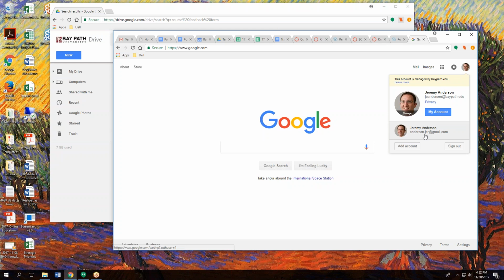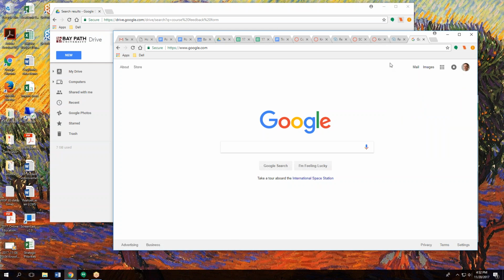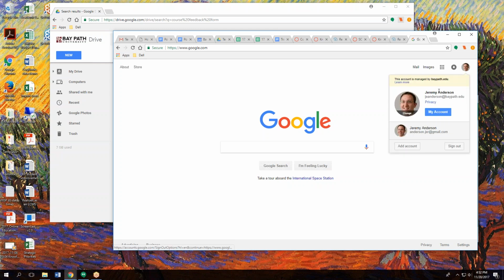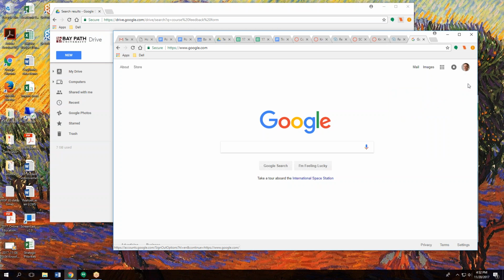However, a number of you are logged in with other accounts. So for example, here I've got another secondary account, my personal Gmail account. If you're logged in with that, you're not going to be able to view the materials because that's not the credential that's necessary. So what I've been suggesting to a couple of you who have written in so far, you can either log in with your BayPath account and log out of your personal account, or there's another option where